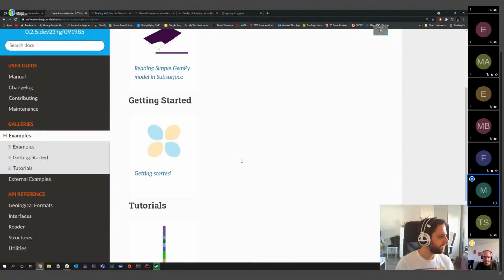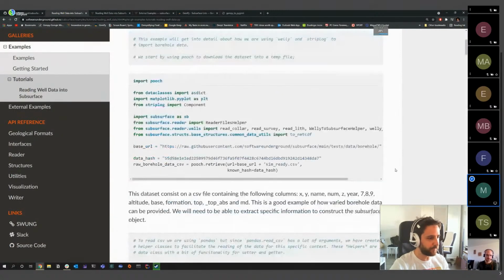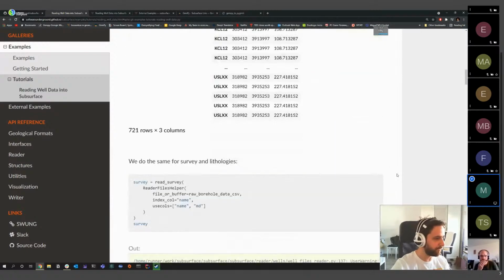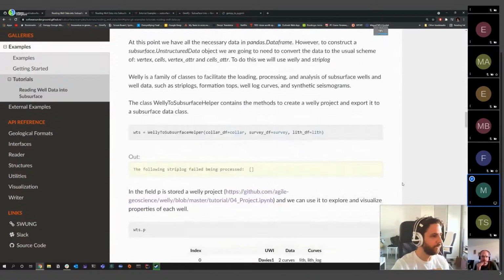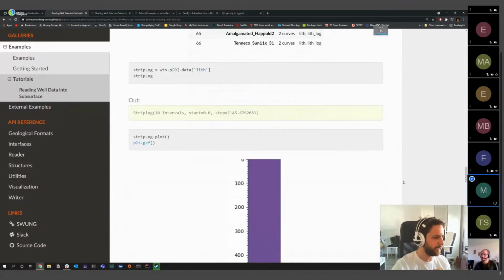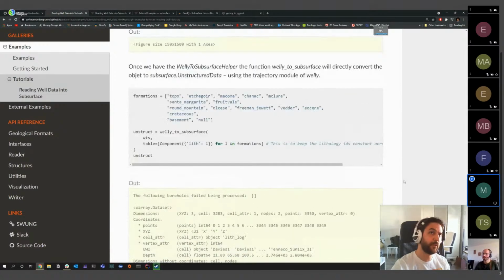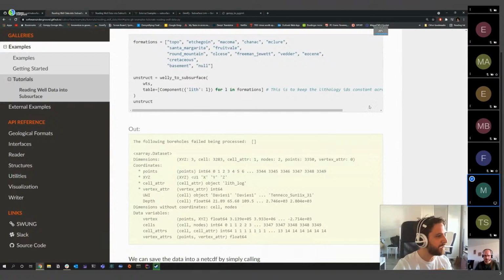After this hackathon at this Transform, it's the first time that we have a full workflow running. I wanted to show you directly in the documentation something we have been working on quite a lot, especially Dieter, this hackathon. Here we can see, for example, a tutorial on how to read raw data from CSVs into pandas data frames, from pandas data frames into a Welly project, and then from the Welly project, using what Rob was showing yesterday in the speed talk, Wellpathy, or I think it now has a different name, we can directly construct the first subsurface